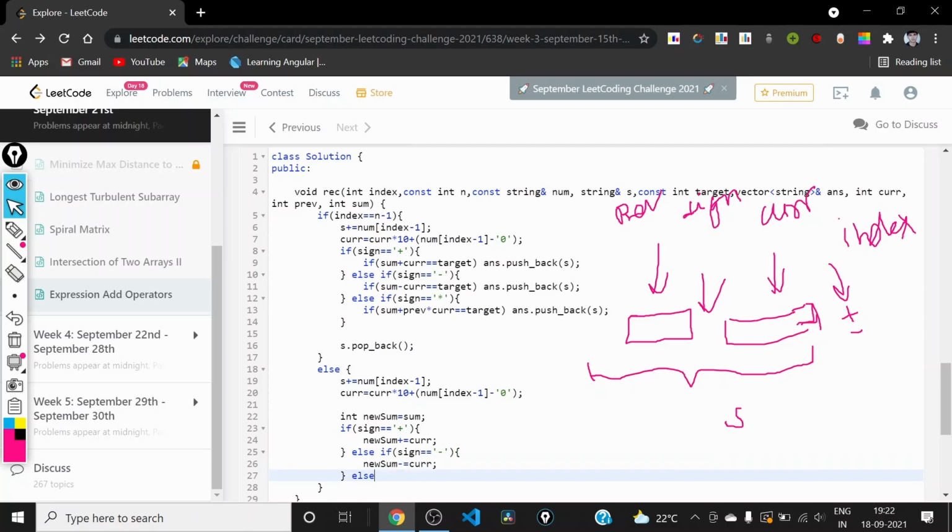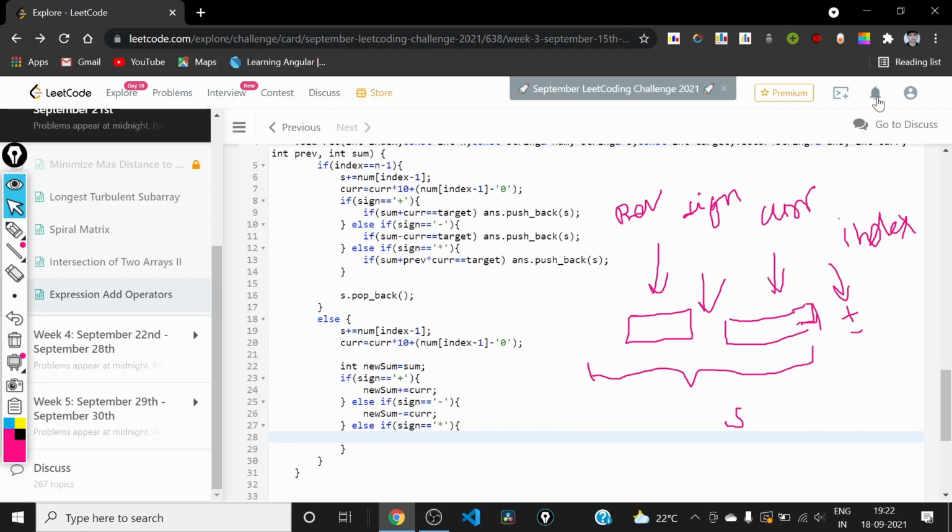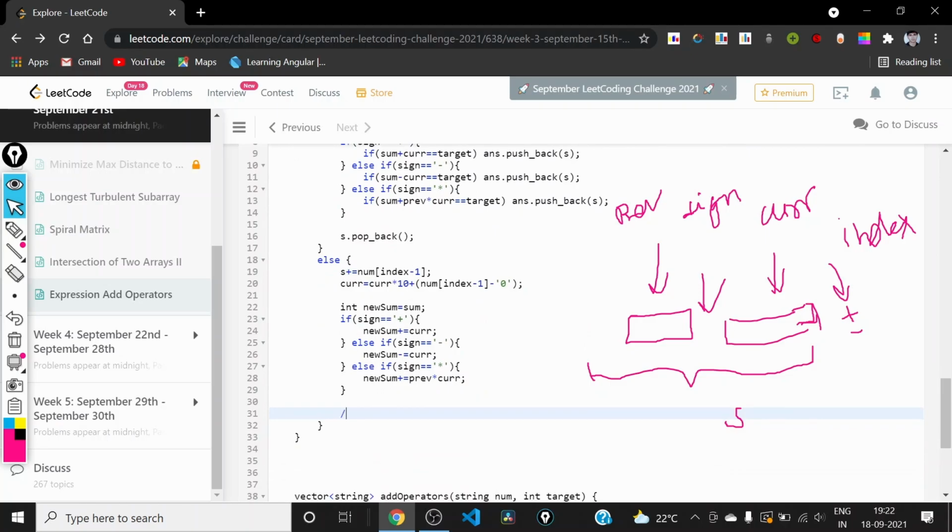And if the sign is multiply, then we need to multiply this previous and current and then add it to new sum. So after doing these things, now we need to consider the case of addition.